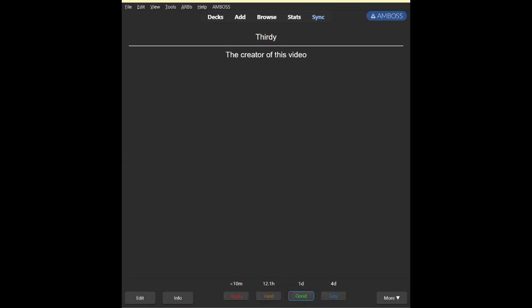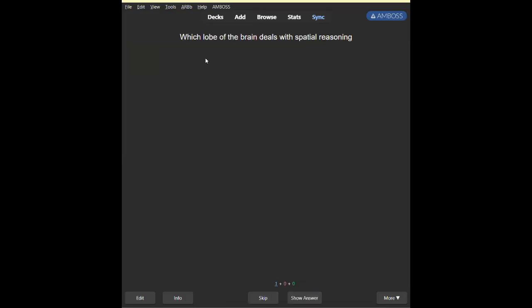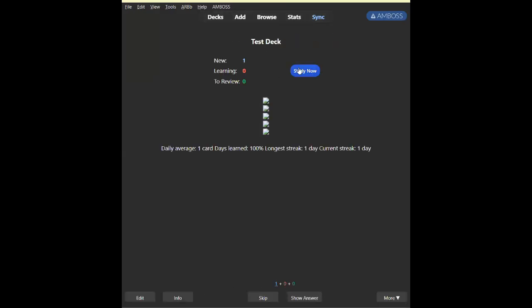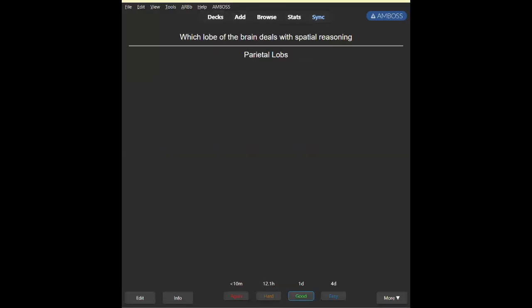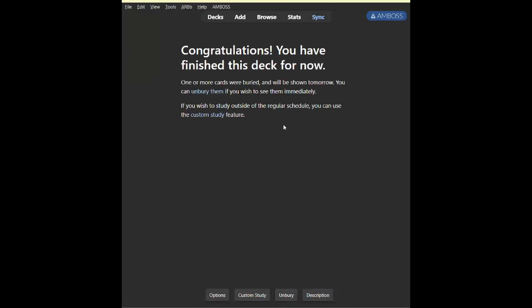There we go. It's pretty easy. Let's say it's pretty easy. There you are again. Skip. Parietal lobe. Good. Where is that other card?